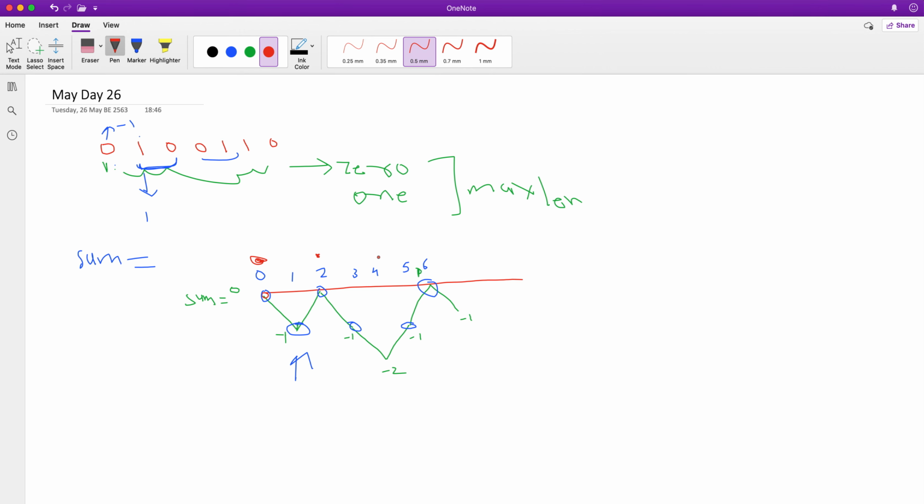So for getting the previous index and tracking the sum, we will use a well known data structure, which is a hash map in Java, and a dictionary in Python. So we will use a map where we will keep track of sum and index.